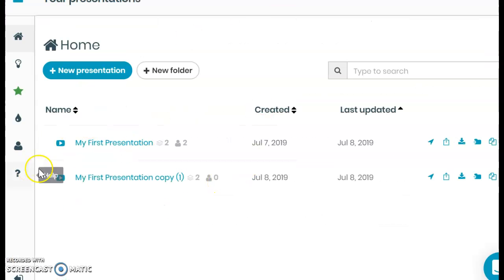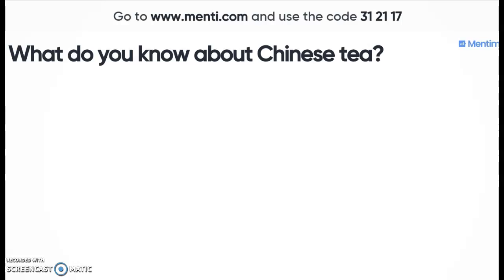As we can see over here, here is an example of Mentimeter. When the teacher does the presentation, all the students can see the presentation over here. For example, my question is, what do you know about Chinese states? So students have to go to the website shown over here, and then type the code in to go to this page, and then they have options to type their answers and submit it. As soon as they finish their answers, they can submit it directly over here, and then it will